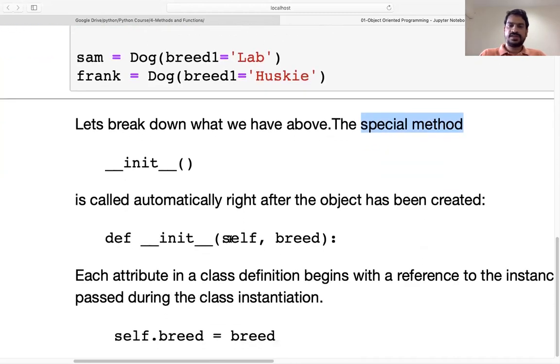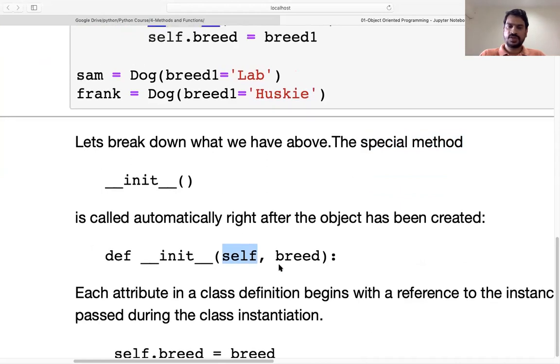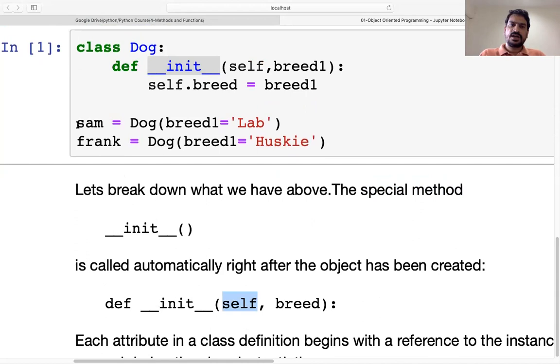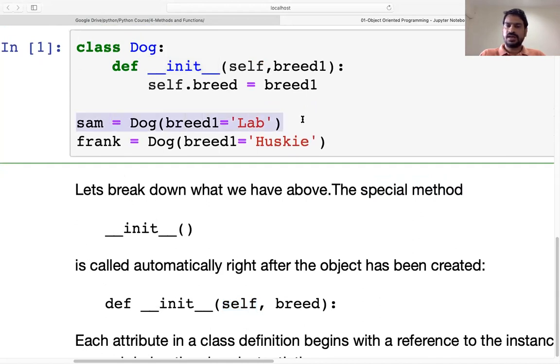So here self is nothing but a reference to the object. Whatever object is active right now, we are making a reference to that particular object. Let's say we are running this particular line, so Sam is active right now because Sam is an object. So for Sam, we'll write sam.breed. We'll just replace self with Sam. This is happening on the compiler side.